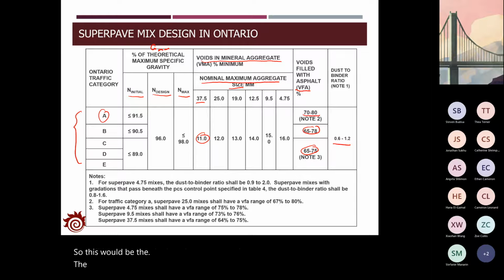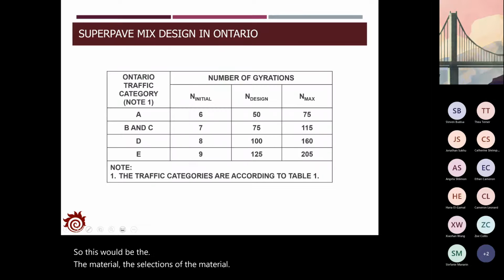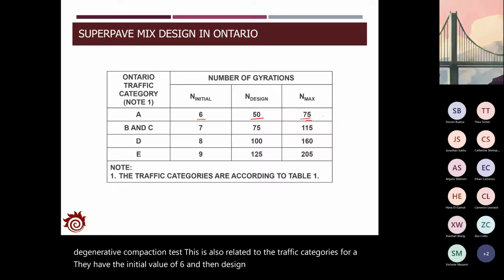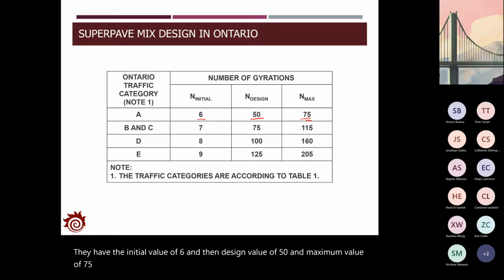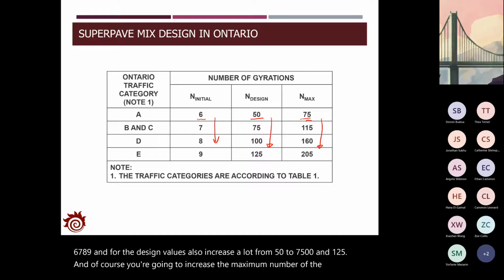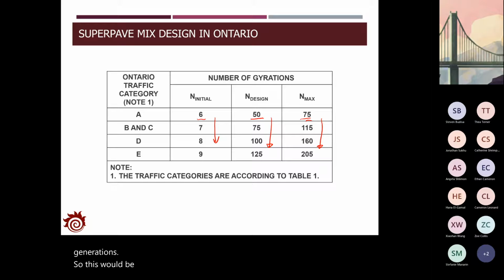We also have the number of gyrations applied for the gyratory compaction test. This is also related to the traffic categories. For A, the initial value is 6, the design value is 50, and the maximum value is 75. If we increase the traffic volumes, you will see the initial values increase from 6, 7, 8 to 9. The design values also increase a lot, from 50 to 75, 100, and 125. And of course, the maximum number of gyrations increases too. So this would be the requirement for the